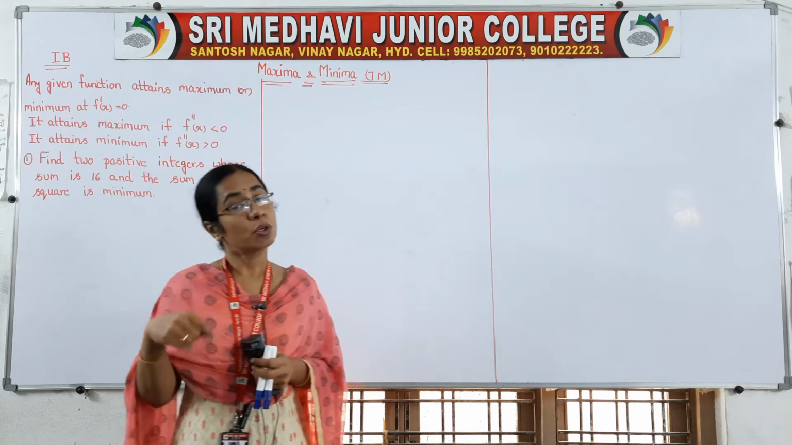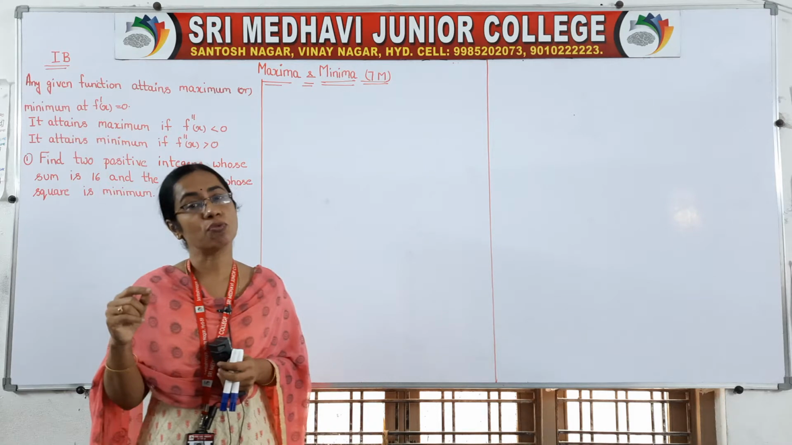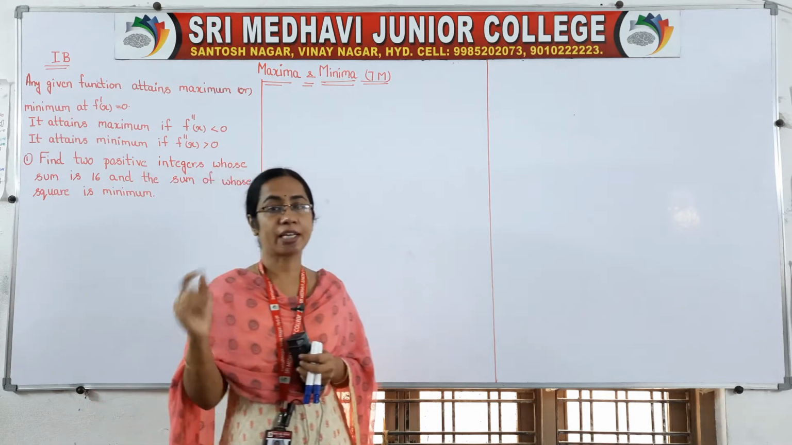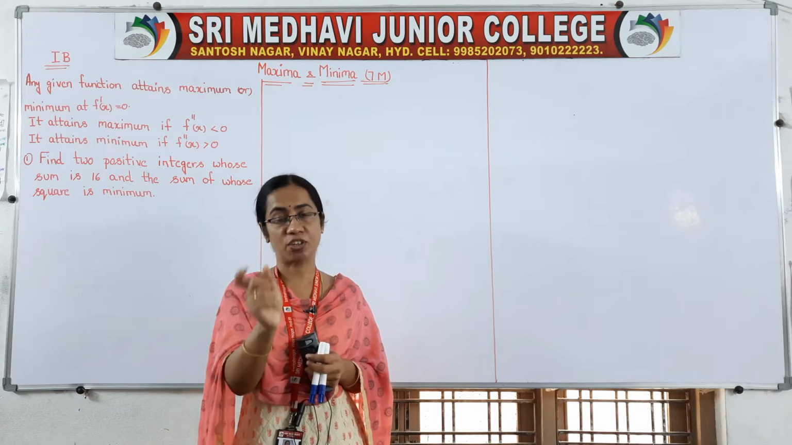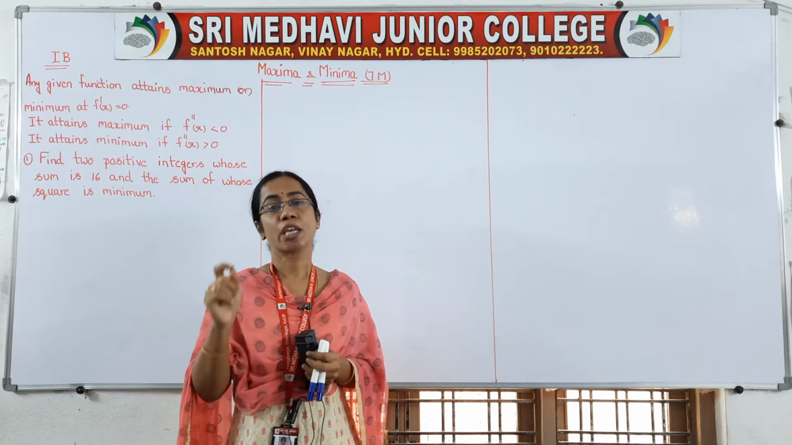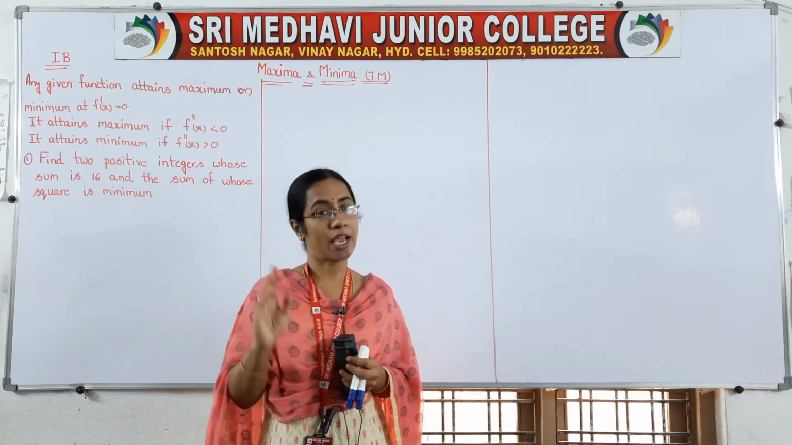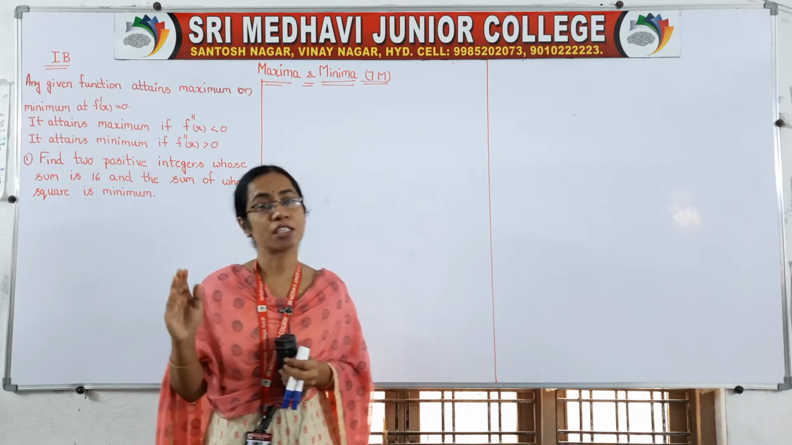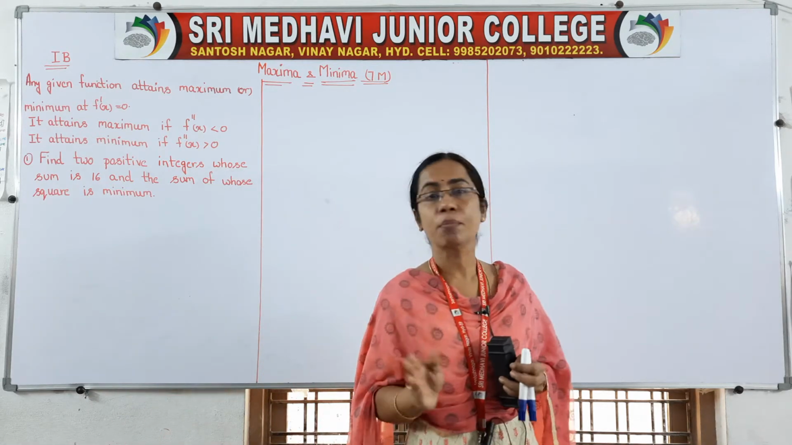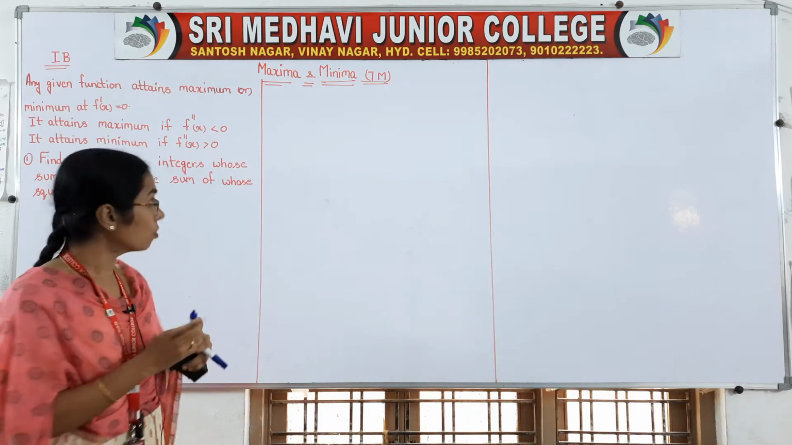Okay, so now to know whether it attains a maximum or minimum, we have to go for f double dash x. Again we will get one equation in terms of x. In that you substitute the derived x value. If your f double dash x is less than 0, function attains a maximum value. If your f double dash x is greater than 0, function attains minimum value. Okay. So come on, now we will